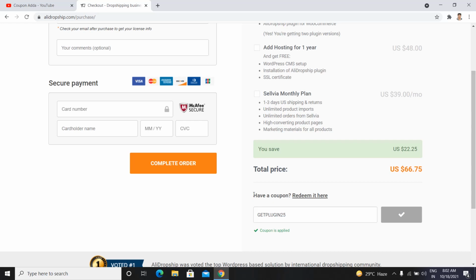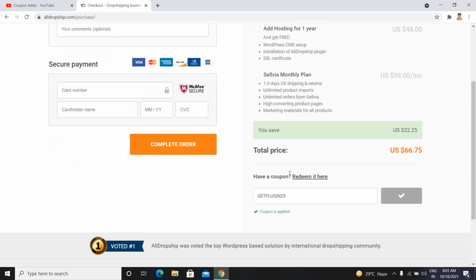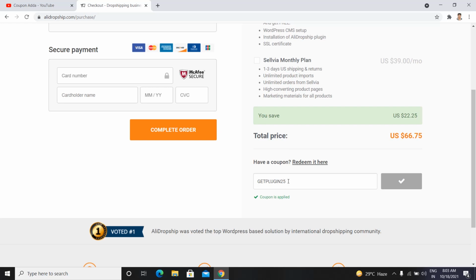To make this coupon code work, you have to follow the first step importantly. You have to click the link which I have given in the description box, then come to this page, and after that follow all the steps which I have shown you. Then this coupon code will work, otherwise this code will not work, and then you will complain that the coupon code is not working. If you come from that link, I guarantee the coupon code will work 101%. So you don't have to worry about it. This coupon code works for both plugins, the Ali Dropship plugin and the normal plugin also.